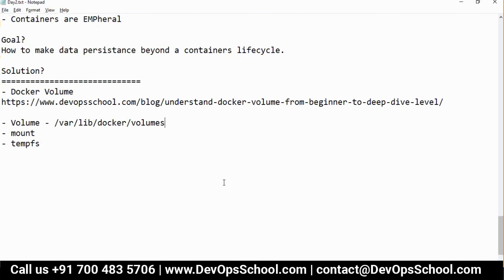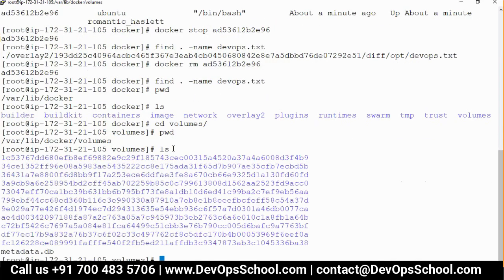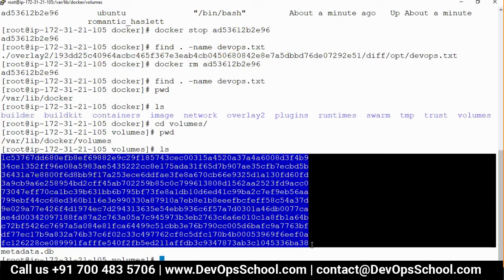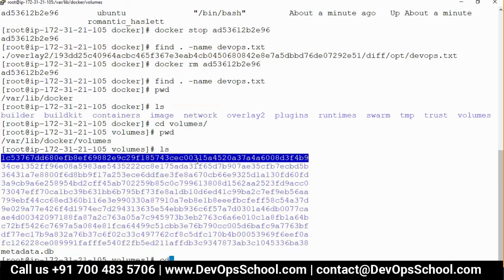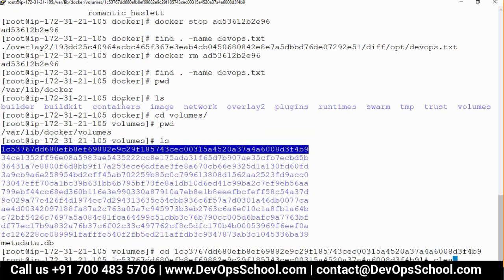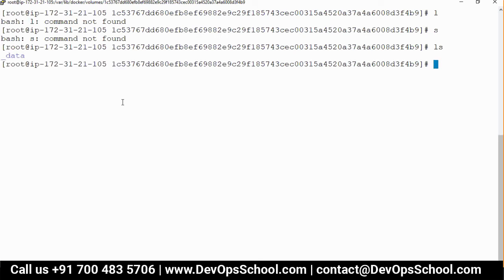Okay, here can we go and check? See, these are the volumes. Now you must be wondering, I have not created any volumes. How come you got so many? Anyone has a clue how you got these volumes? Can you go and check inside that? Go and check. So containers have gone, but data is still not gone. So what is that? This is empty, by the way.